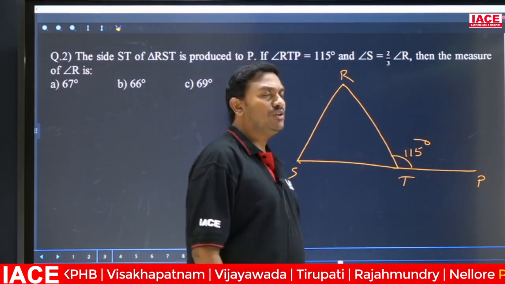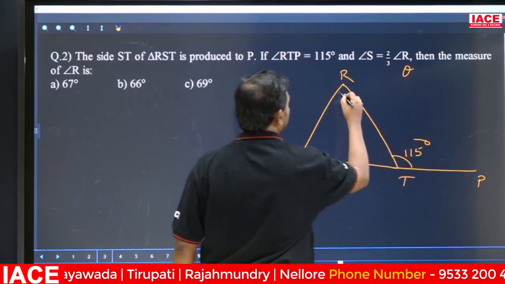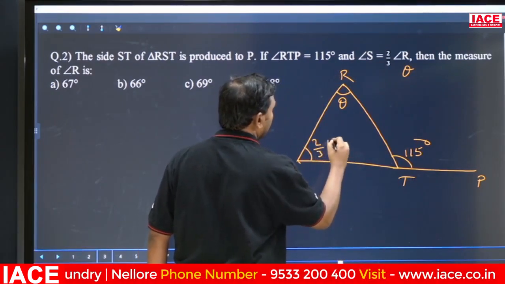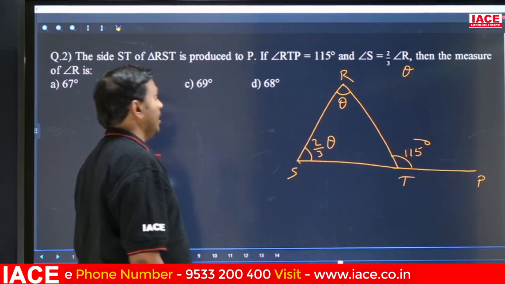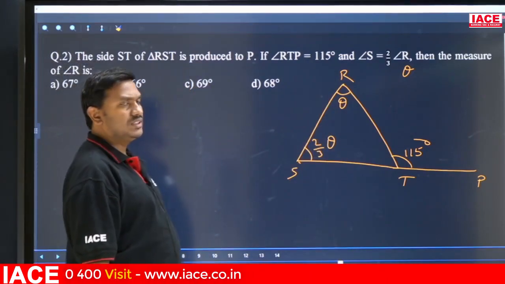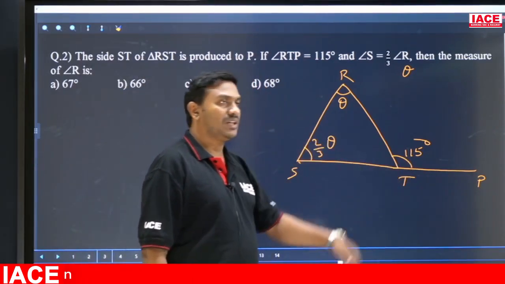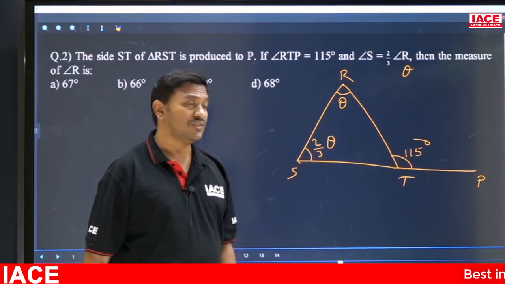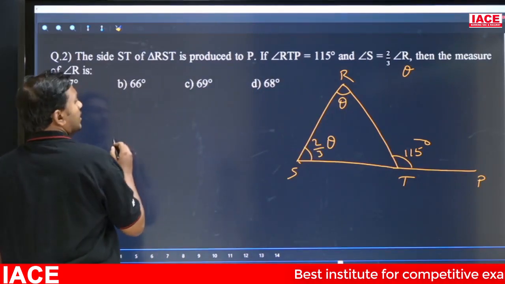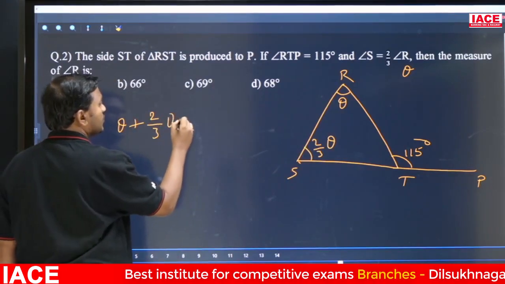If angle S equals 2 by 3 times of capital R, let R be theta. If R is theta, then S is 2 by 3 theta. Then find the measure of R, that means find the value of theta. Which triangle property applies? The exterior angle property: the exterior angle is equal to the sum of the opposite interior angles. That is theta plus 2 by 3 theta equals